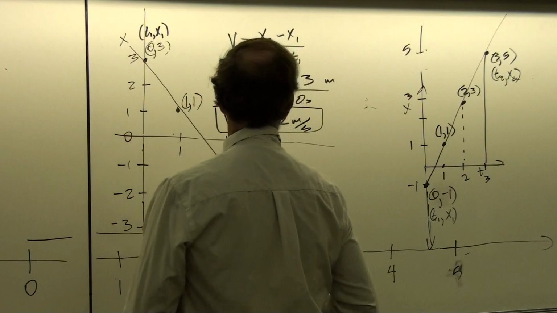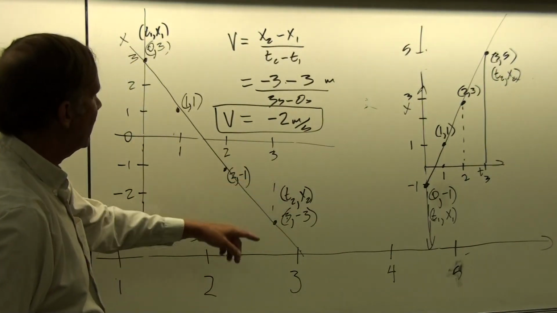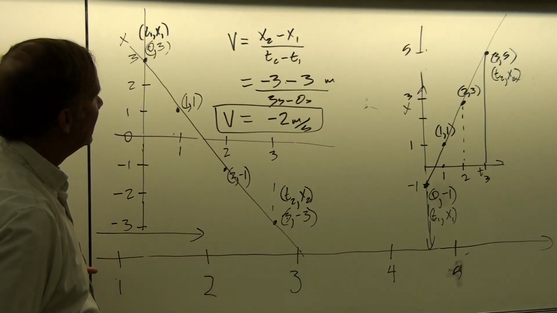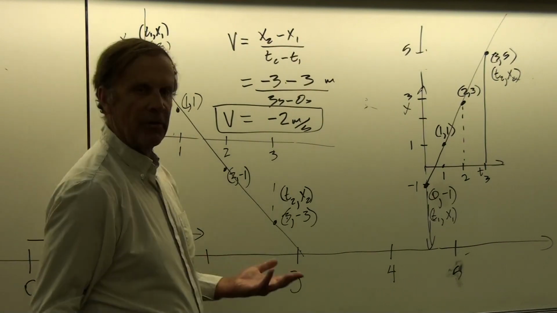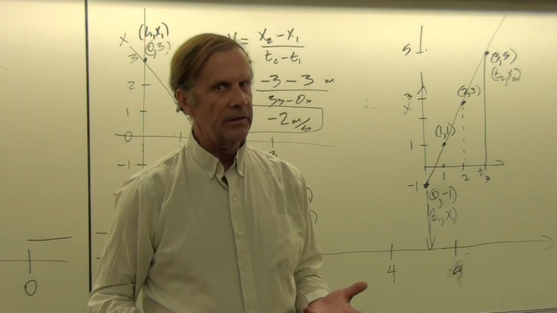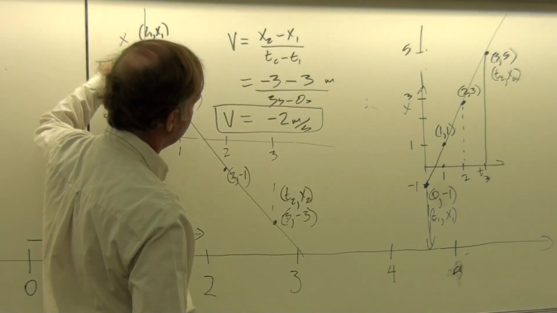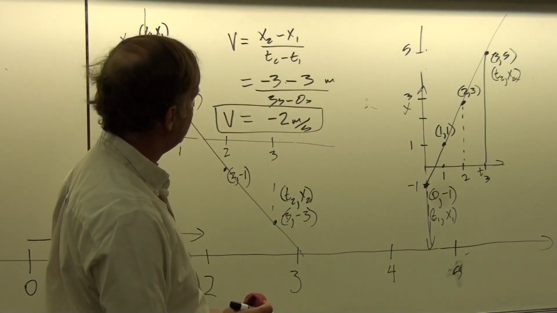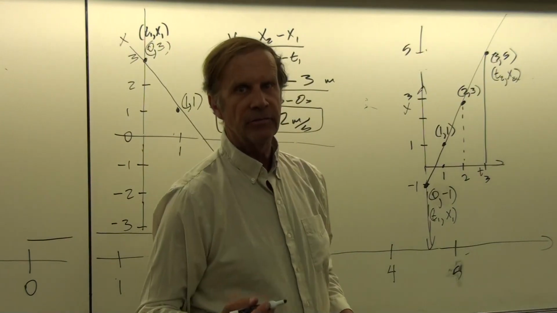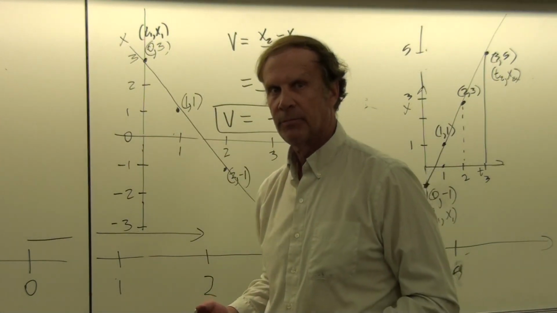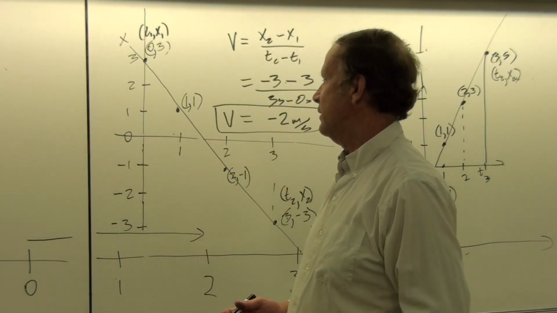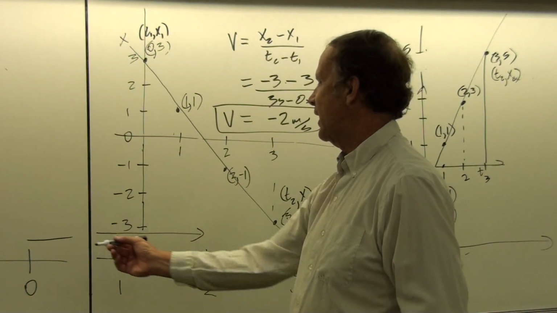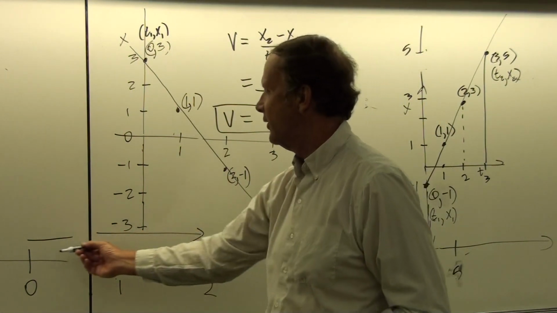So we don't want to think in terms of a negative velocity meaning that we're slowing down. The velocity is still constant because the slope is constant. All that's happened here is that we've decided to go in the direction that was defined in the beginning of the problem as being a positive direction. And so now we're going in the negative direction.